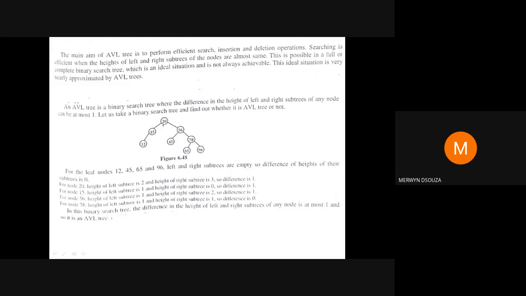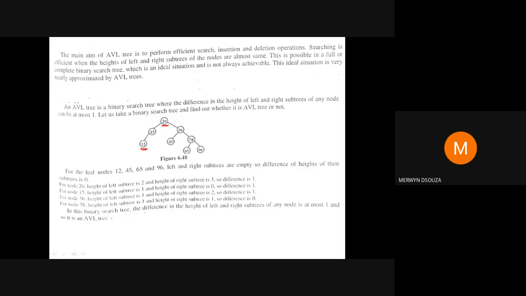Now I'll show you how to calculate for 1 or 2 nodes. The remaining nodes I would ask you to calculate on your own so that you are all comfortable, and you need to calculate the balance factors throughout this lecture. So please, if you have any doubts, let me know. I'll show you how to calculate the balance factor for this. First we'll calculate for this node, the root node. Or let's start from the leaf node. I'll start from the leaf node.